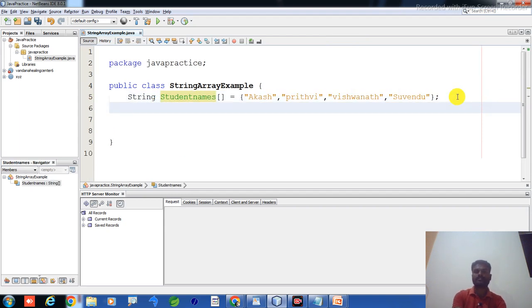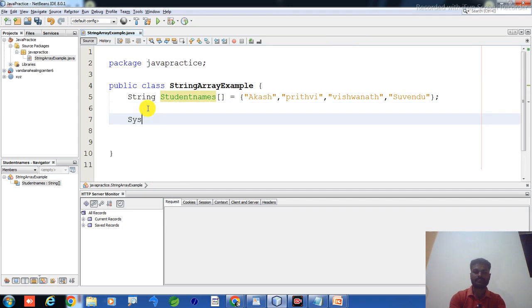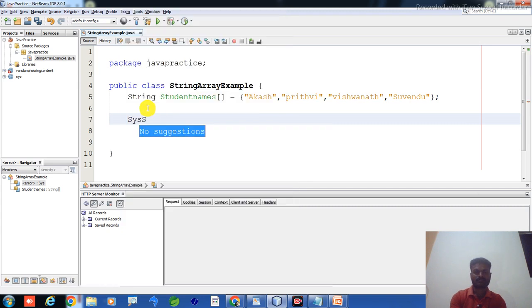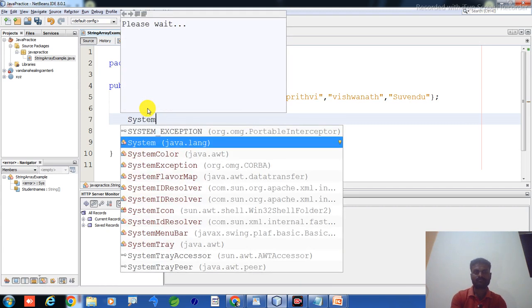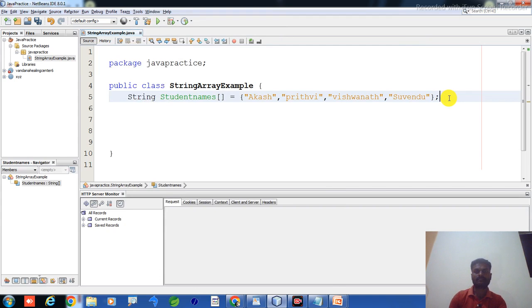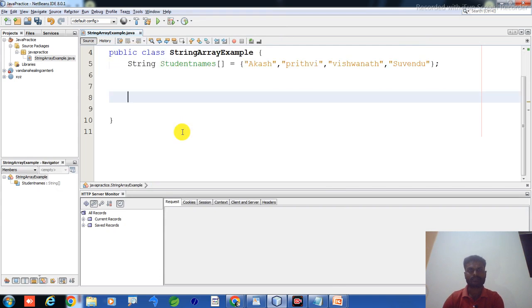How to call this one? Just simply System.out.println, open the bracket and close the bracket.